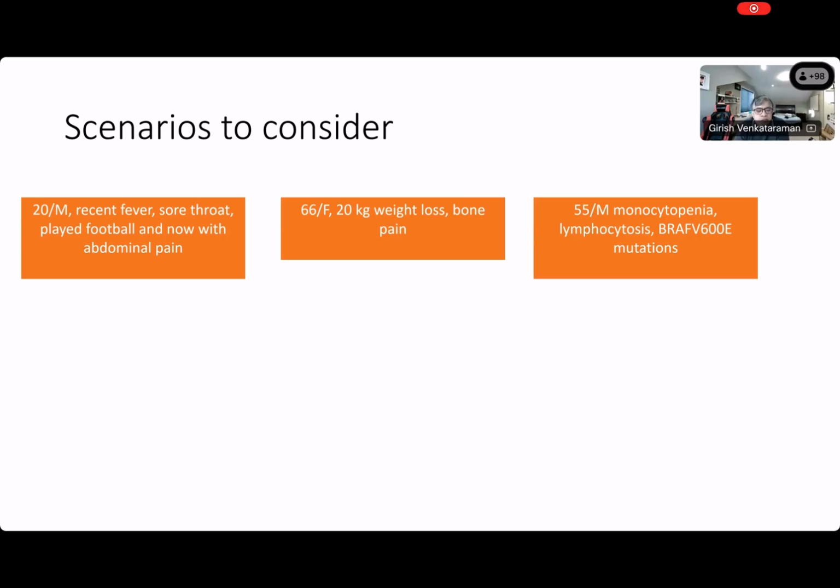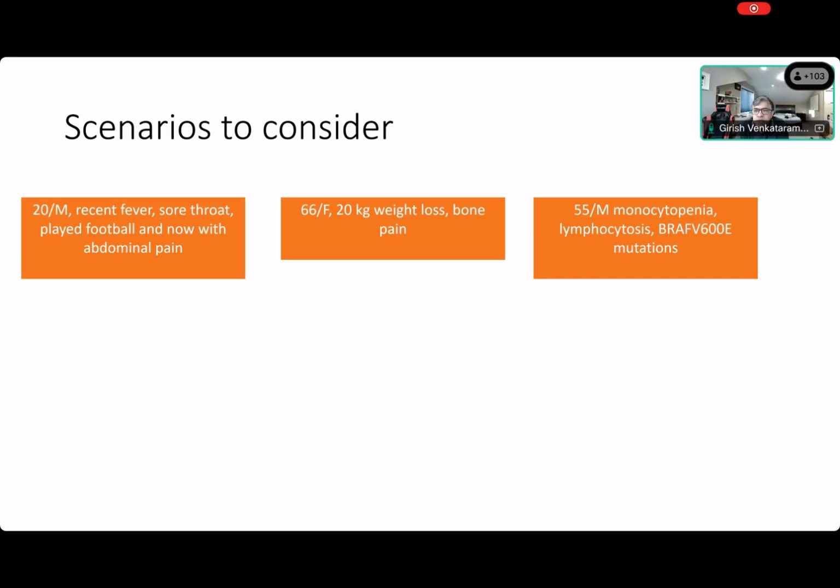And if there could be any involvement of the spleen in this scenario, that may or may not be an involvement, but if you can connect the dots and tell me a coherent answer to explain all of these symptoms, that'll be great. Any of you want to randomly guess what this could be? So first would be infectious mononucleosis. Very good. And what would that do to the spleen? It will cause splenomegaly, due to which the patient is suffering from abdominal pain. Very good. This is the kind of deduction you need to do with scenarios.